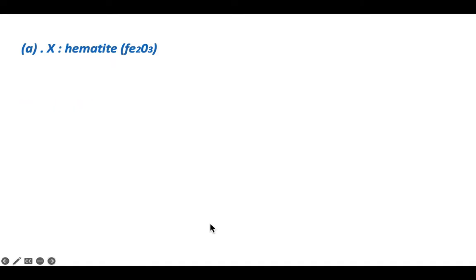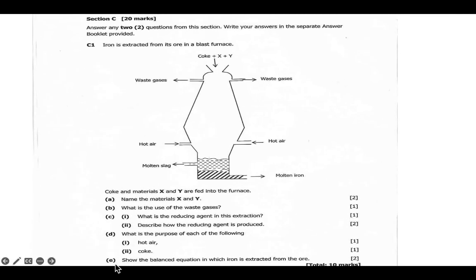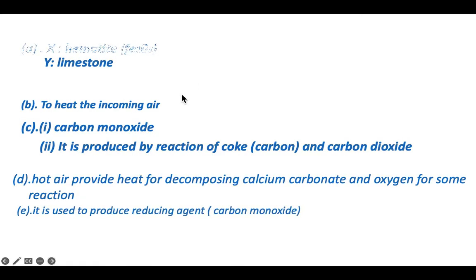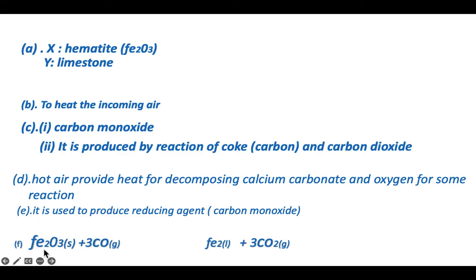Then also on the other side we have E, which is this question. Show a balanced equation in which iron is extracted from the ore. So in our equation we should have iron 3 oxide, which is hematite, a solid. This is Fe2O3, which is added with a reducing agent, carbon monoxide. And then in the output there is the formation of pure iron. The iron which flows out is in molten state, so it's a liquid. And then we have